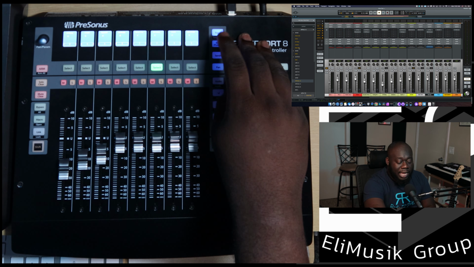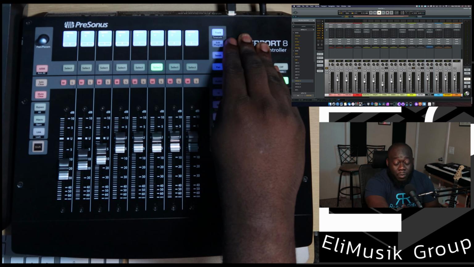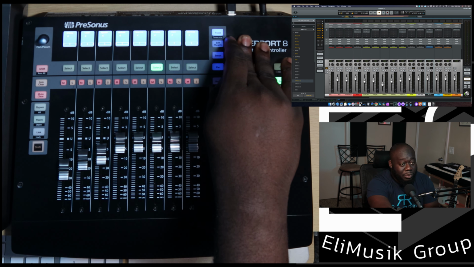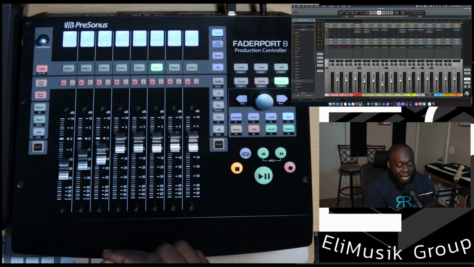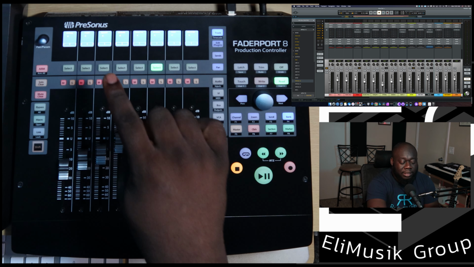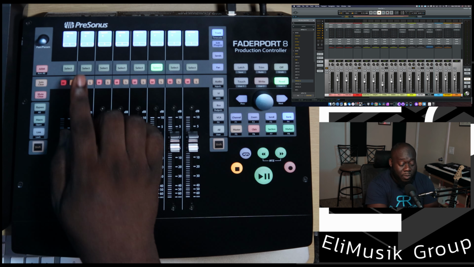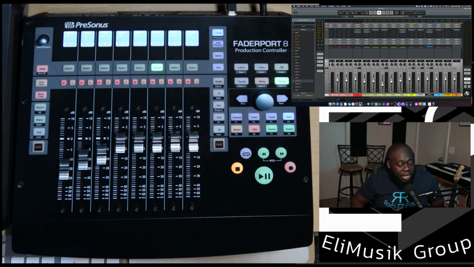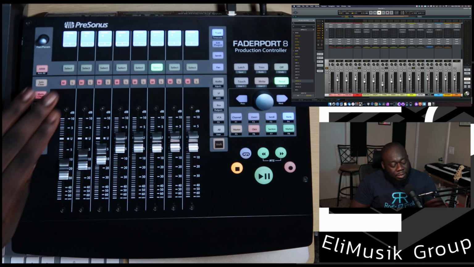So if I do edit plugin, what I want is to have all the plugins available on that track now be displayed on the scribble strips here, and I can select the appropriate plugin that I want. Let's say I don't have a plugin on this track and I want to add one. What I would do is select the appropriate